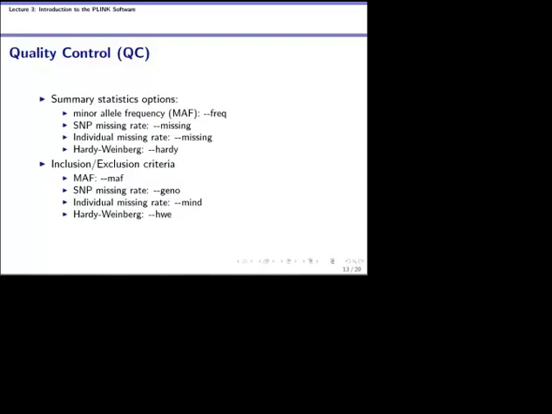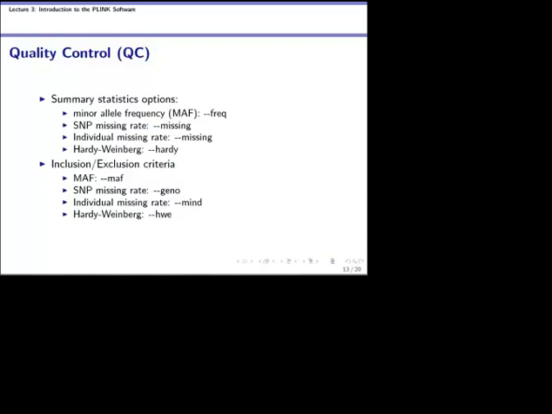If you want to exclude SNPs that have high missing rates, you just use --geno and then you specify some number. For example, if you want to exclude SNPs that have more than 1% of the values missing, then you would use --geno 0.01. And then you can exclude the individuals who are missing, or you can exclude based on Hardy-Weinberg. So those SNPs that deviate substantially from Hardy-Weinberg, you specify